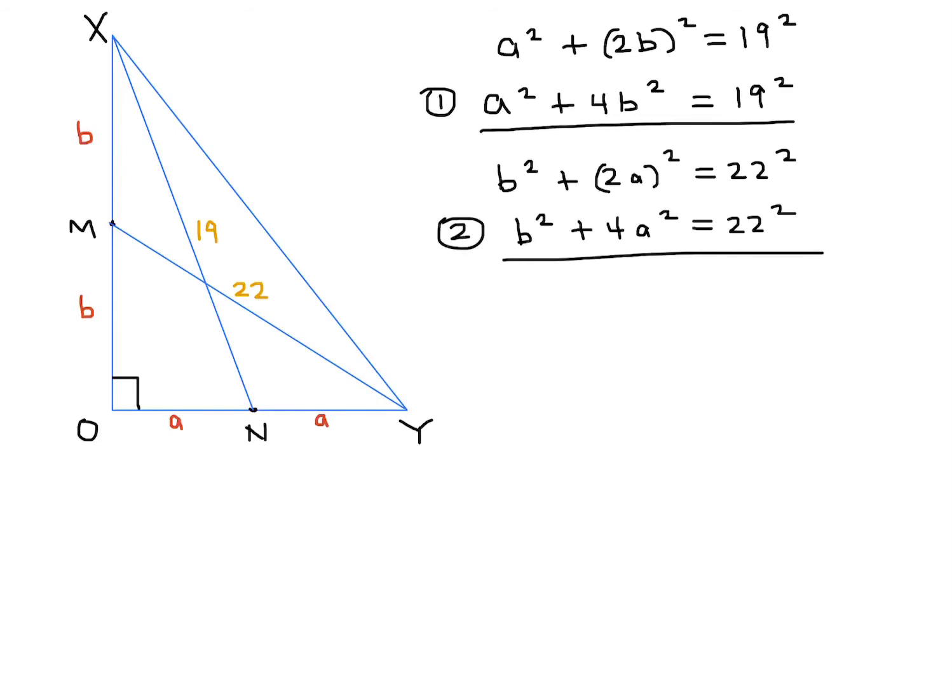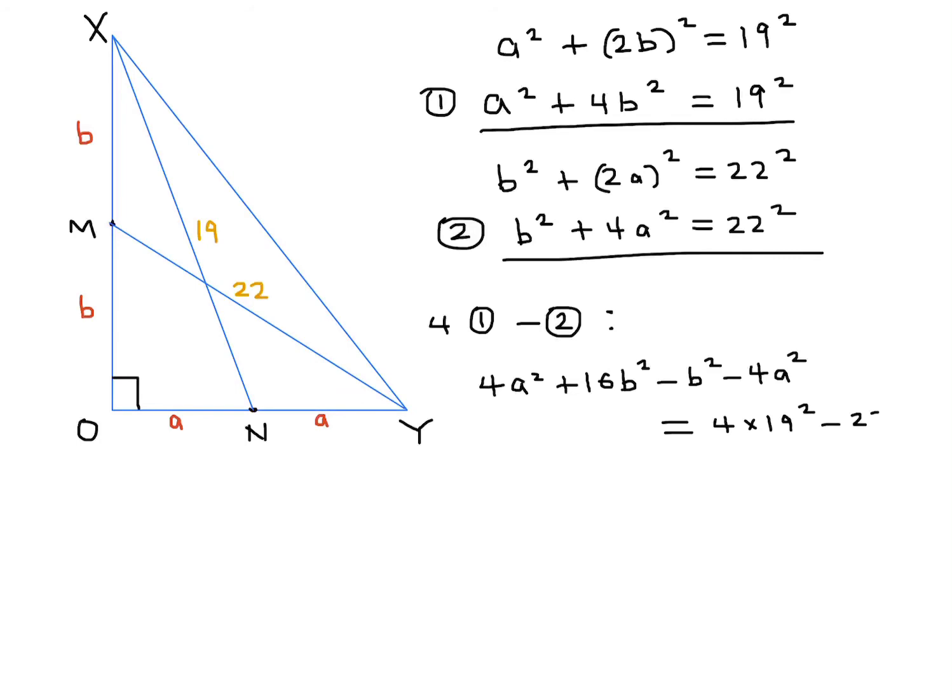I'll just do 4 times equation 1 minus equation 2. That will help me get rid of one of the variables. So 4 times equation 1 gives me 4A squared plus 16B squared, minus equation 2, so minus B squared minus 4A squared. And then the other part of the equation on the right is 4 times 19 squared minus 22 squared. All right? So this gives me the 4A's and the minus 4A's, that's all gone. And this gives me 15B squared